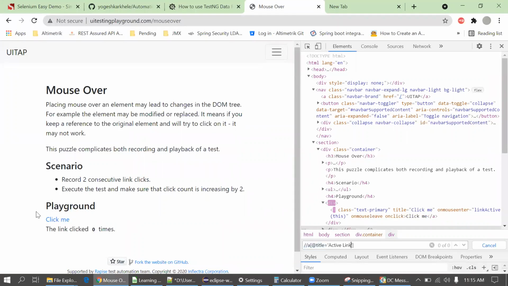Okay, so actually we cannot write, actually let's wait. We are not able to pause this session here by using F8. So we are just simply seeing the structure in the DOM and we'll just write the locator here. This is a locator for this tooltip, active link. We'll just copy this.